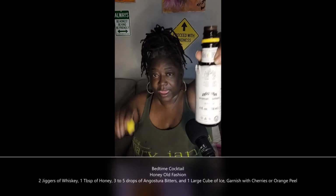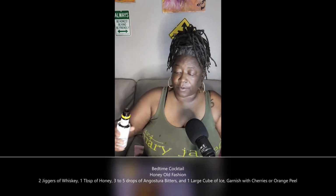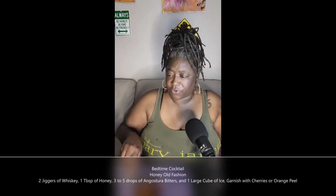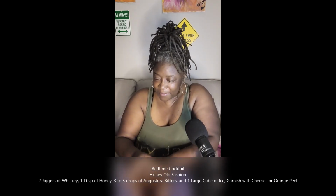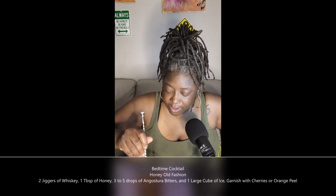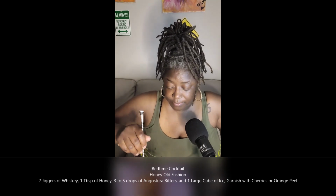See, the thing with having the yellow cap bitter, okay, it doesn't say if it is lemon or whatever, but I put about 4 shakes of the bitter into my lowball glass. And because this is honey and it doesn't blend as easily as the simple syrup, I'm gonna just stir the honey in there. I'm gonna stir it a little bit before I put in my large block of ice,